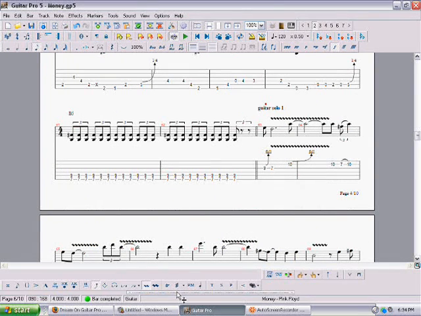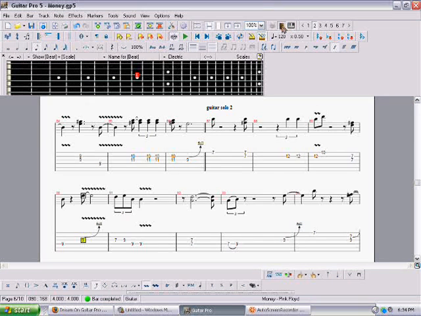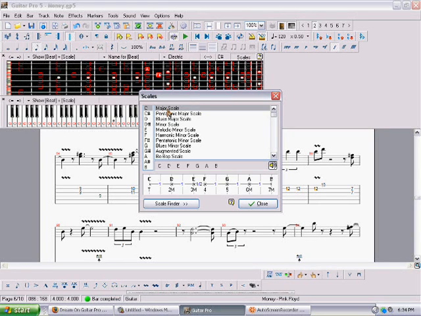Also, for switching between tracks, for quick access, you can use these numbers up here. We're going to start looking up here. Now, we have these to show you what something might look like on an actual keyboard if you're using a keyboard, or a guitar if you're using a guitar. See, if you click on this, it'll show you where the actual notes are on the guitar to help you visualize it. You can have it show you scales,